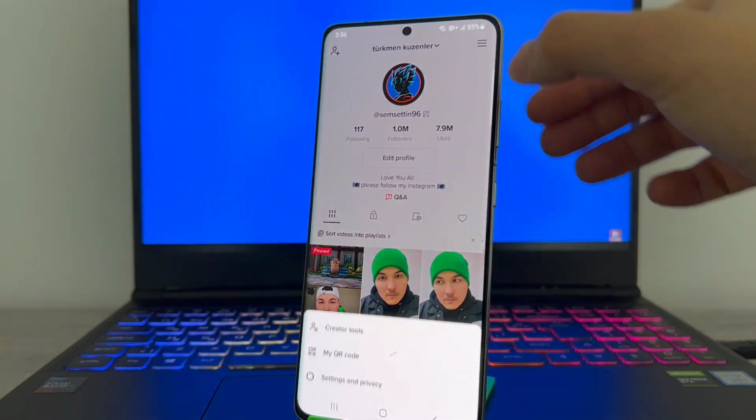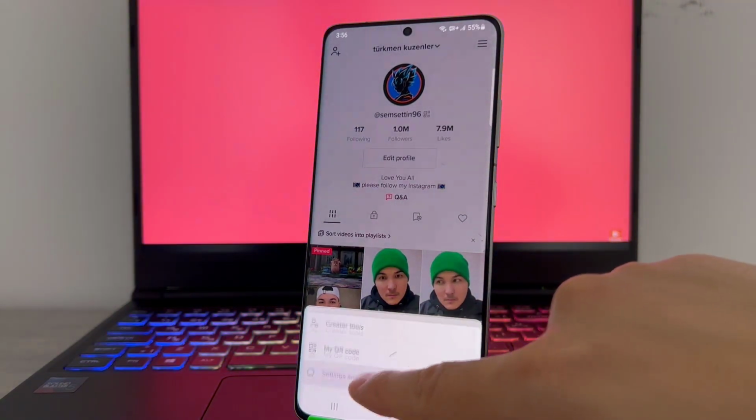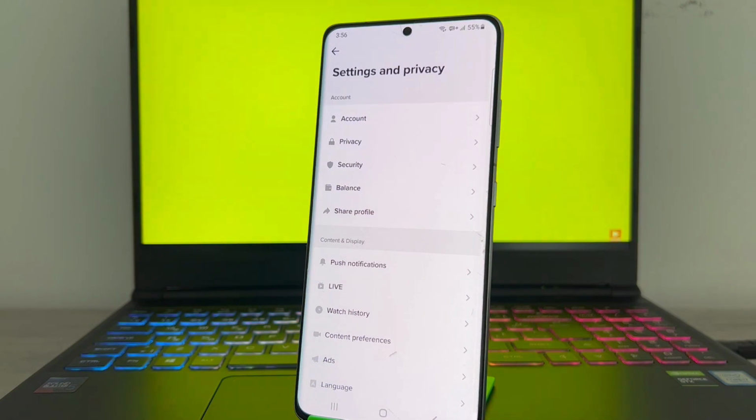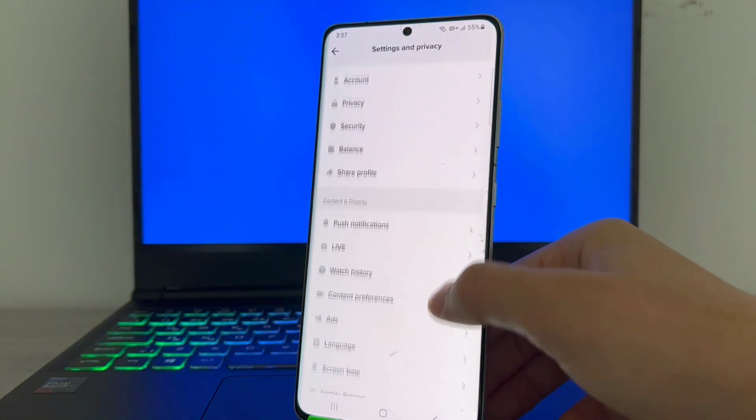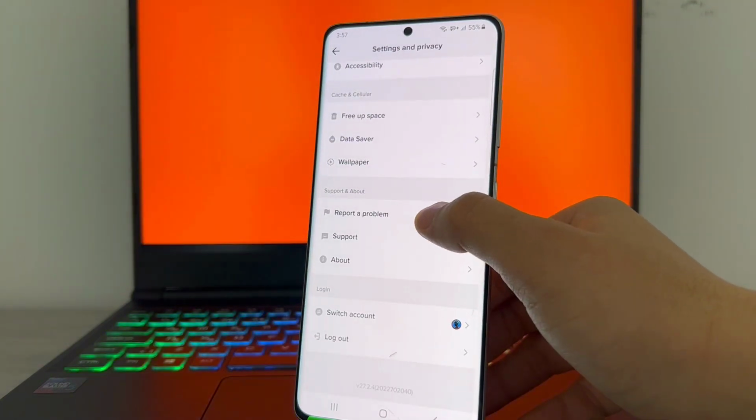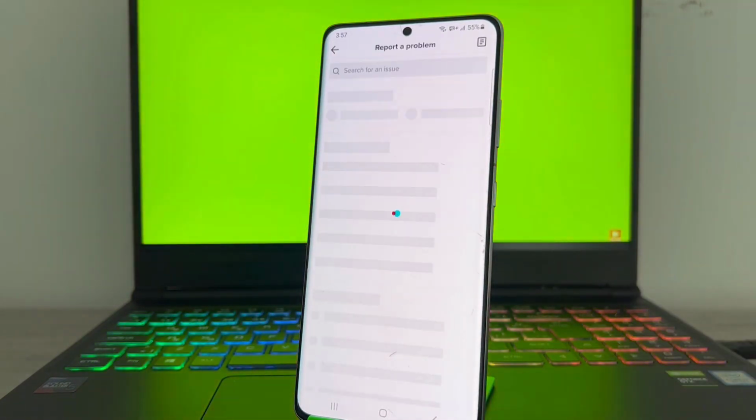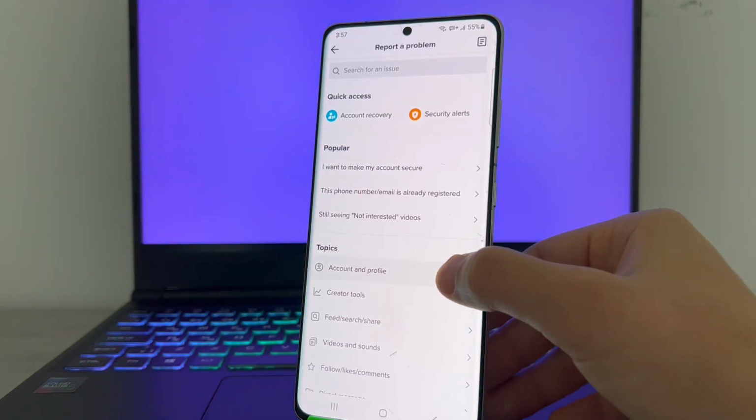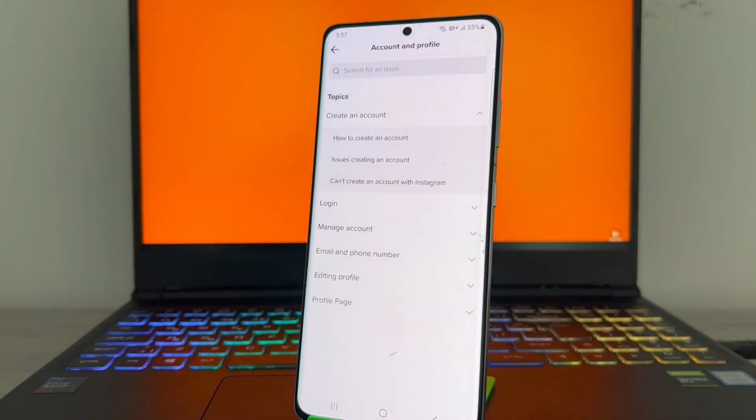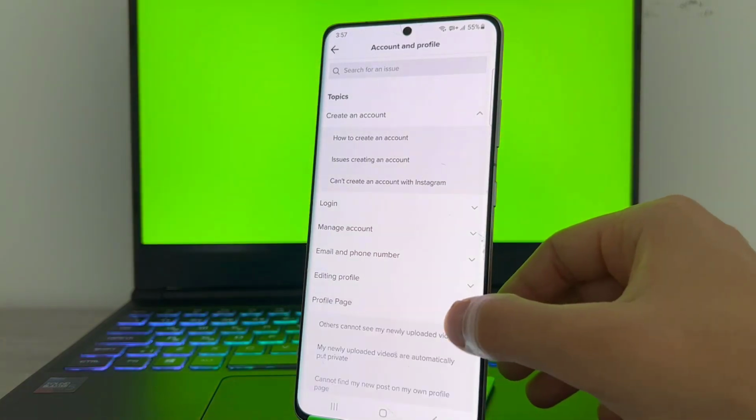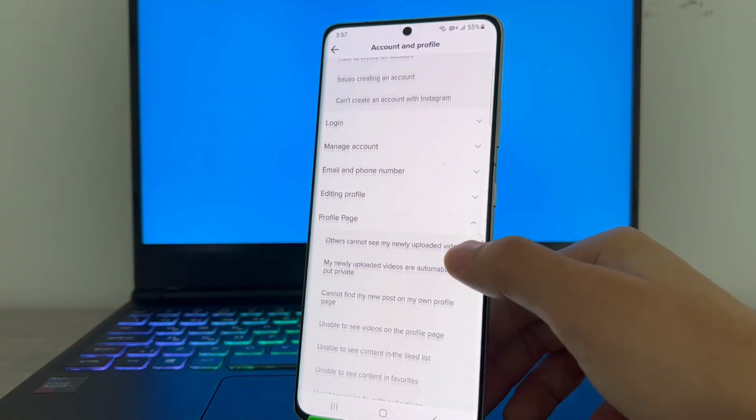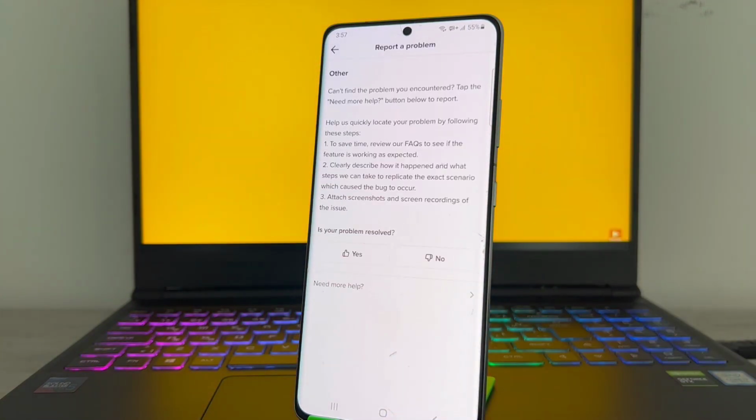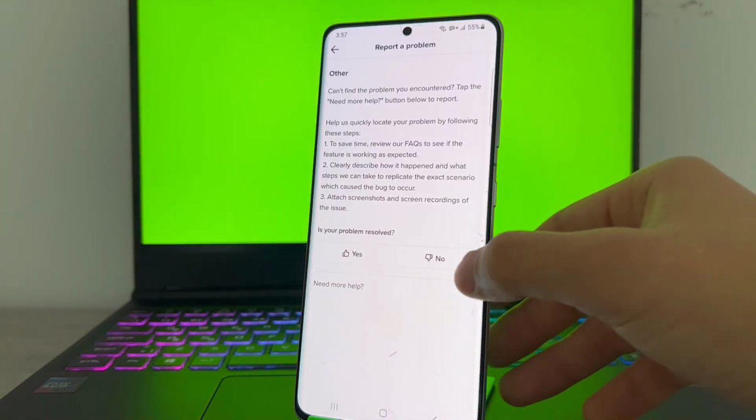There are two ways to remove this kind of warning from your TikTok account. That's why you have to go on setting and privacy. Once you got here on setting and privacy, scroll all the way down and find report a problem. In the report a problem page, you have to tap on account and profile. Then tap on profile page. Scroll all the way down and you will see other, tap on it, then tap again on no, then choose